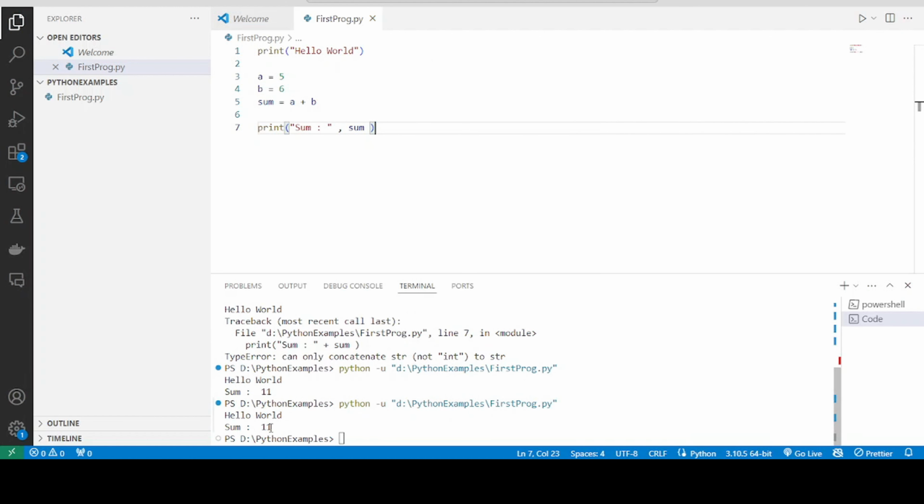So you see the run, we are seeing sum is equal to 11. So sum is equal to a plus b. A is 5, b is 6, and the total is 11. You can change the label also. Total, or total of a and total of a and b is,